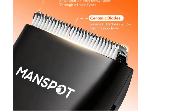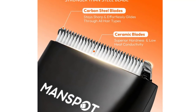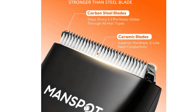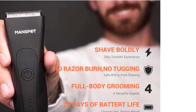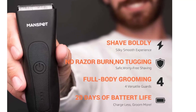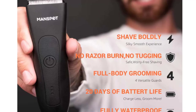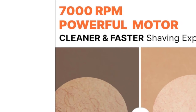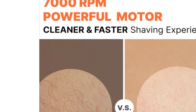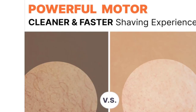One of the highlights is the special care it provides for your precious jewels. The aerospace-grade blades feel safe, and I appreciated the ergonomic design that fits nicely in my hand. I tried all 4 guard lengths, from a close trim to a longer style, and found versatility in my grooming options. It's refreshing to see a product that can cater to different preferences. Plus, the rechargeable battery lasts for about 90 minutes, which means I didn't have to constantly worry about recharging it